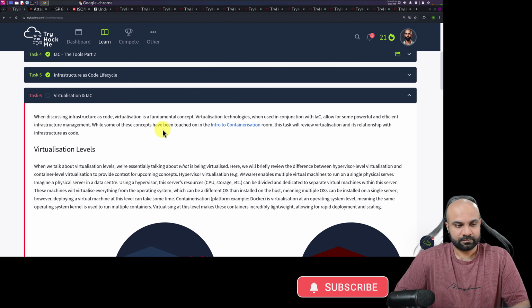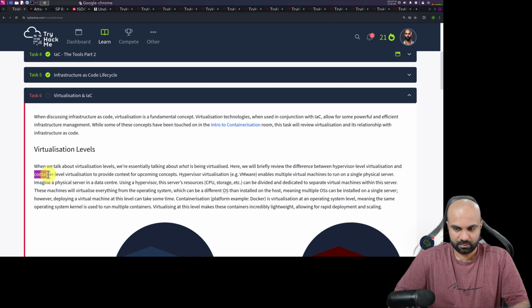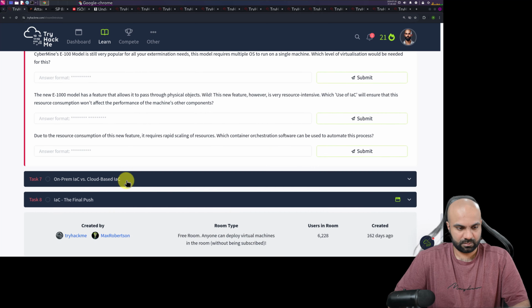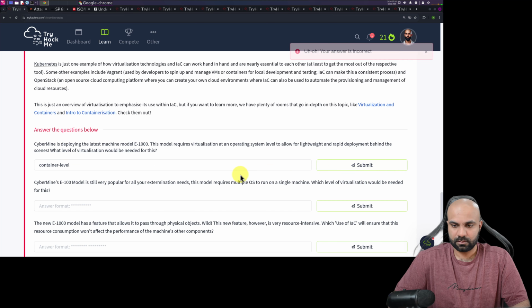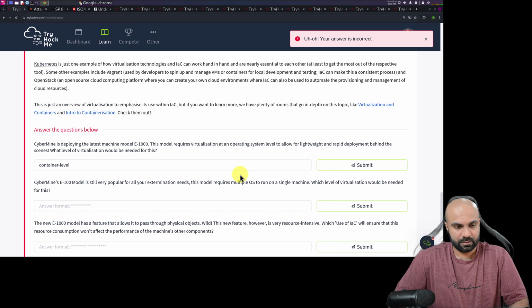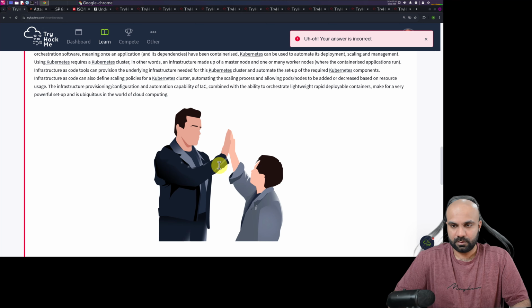So we have container level, hypervisor level virtualization, and we have container level. I think let's put container. If that does not accept it, then we'll put OS level. All right, so let's do that. Let's see.